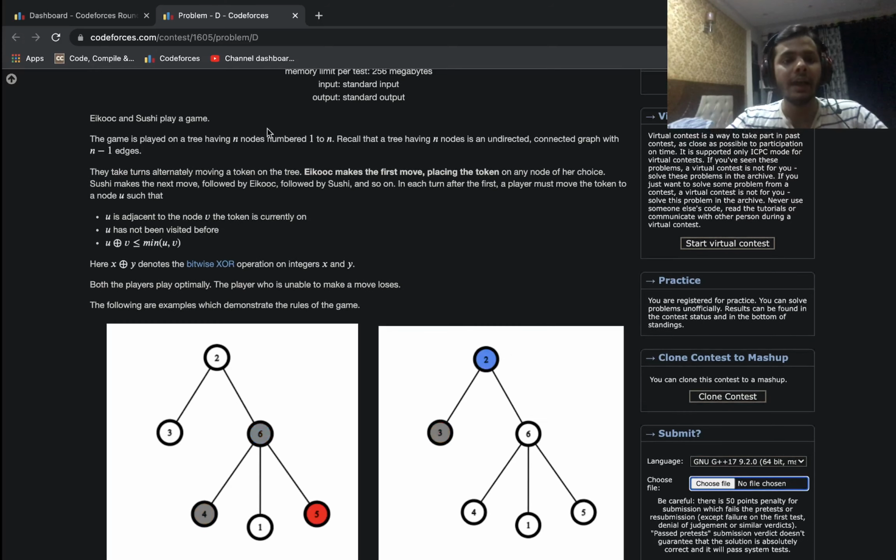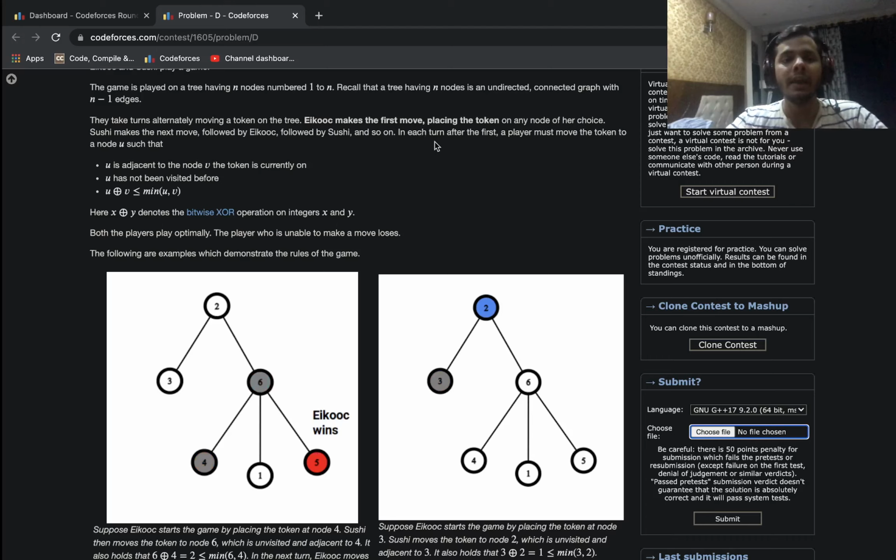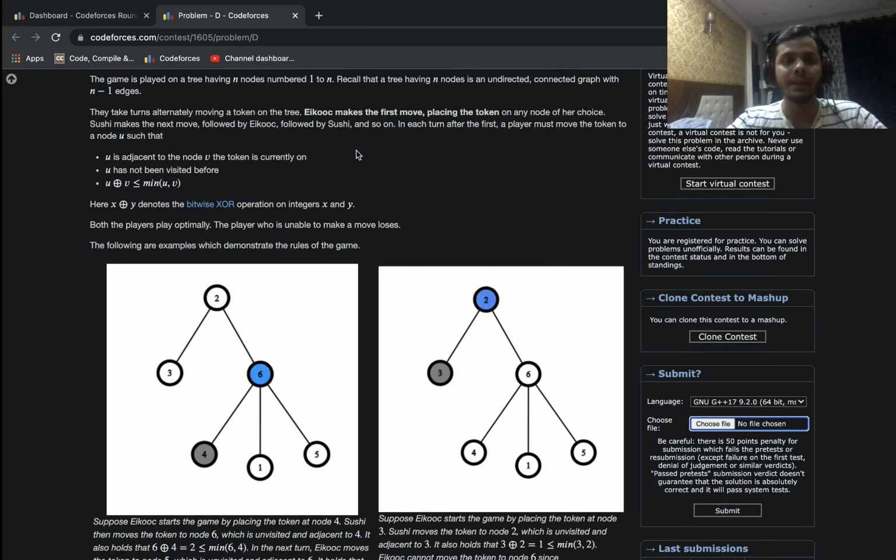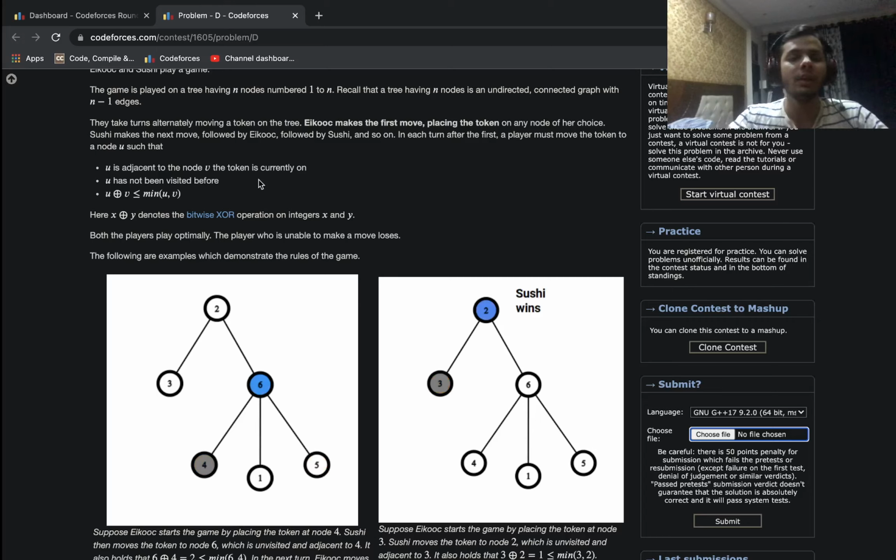Now we have a tree, and a game is being played by 2 players on a tree. There are n nodes and n minus 1 edges, obviously. So we have a token, and the first player in the first move places the token on a particular node, and consequently the players take alternate turns to move the token to any of the adjacent nodes which has not yet been visited. So that is one thing. There are actually 3 conditions that a player has to satisfy while taking any move. So in the first move, the first player just keeps the token on an arbitrary node of his choice, and thereafter all the moves have to satisfy these 3 conditions.